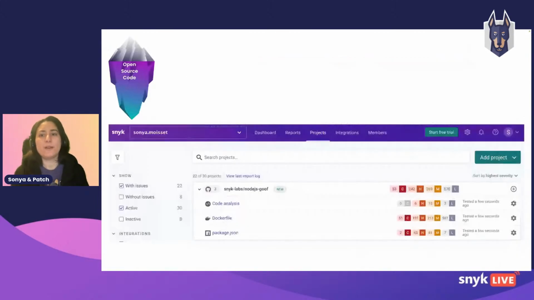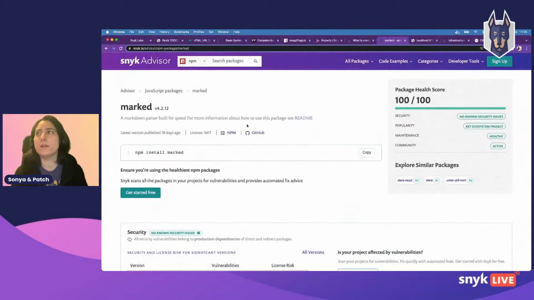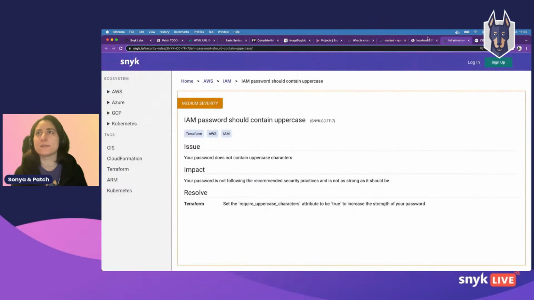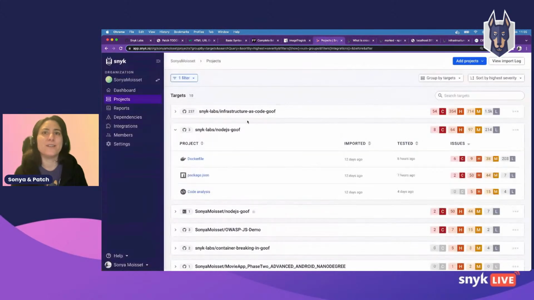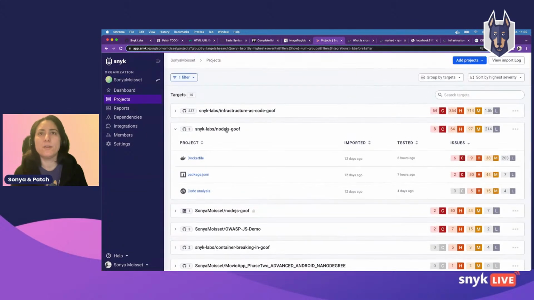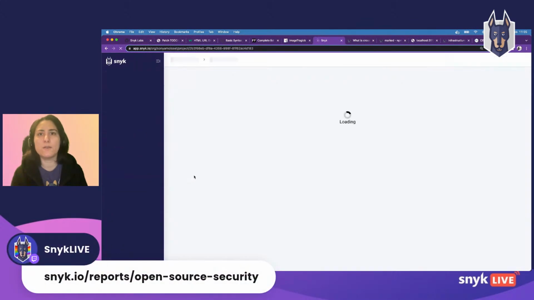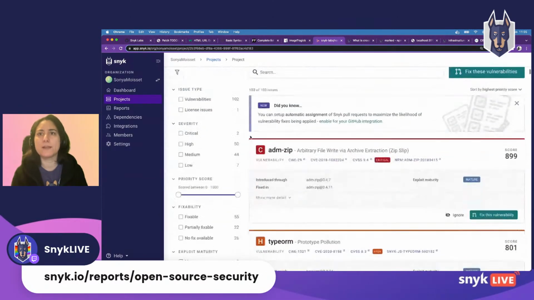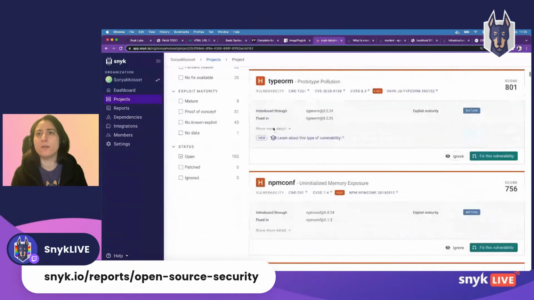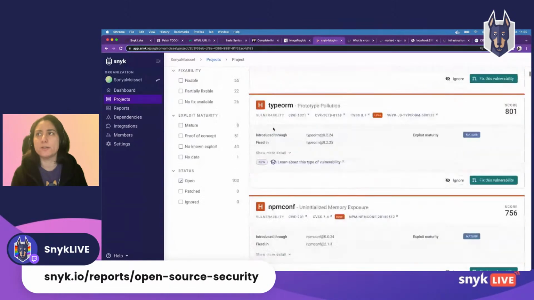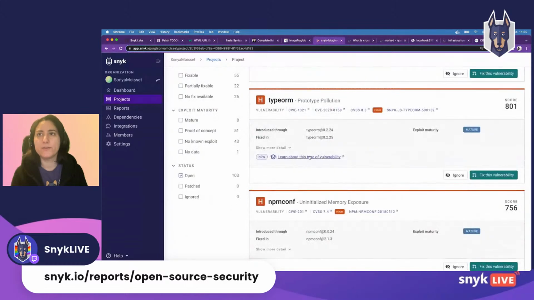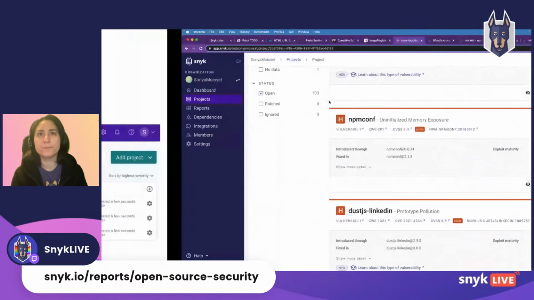You can also have that visibility on the Snyk dashboard if you import your project, so you can monitor your project automatically. If any new vulnerabilities are introduced in your application, you'll be notified, and you'll have the same kind of info as well. This is the one that I've imported, the Node.js goof. And if I check the package JSON, you'll have exactly the same vulnerabilities that you have within your CLI or the IDE integration. You also have the link to Snyk if you want to learn more about the vulnerability, in that case, prototype pollution, which is cool.